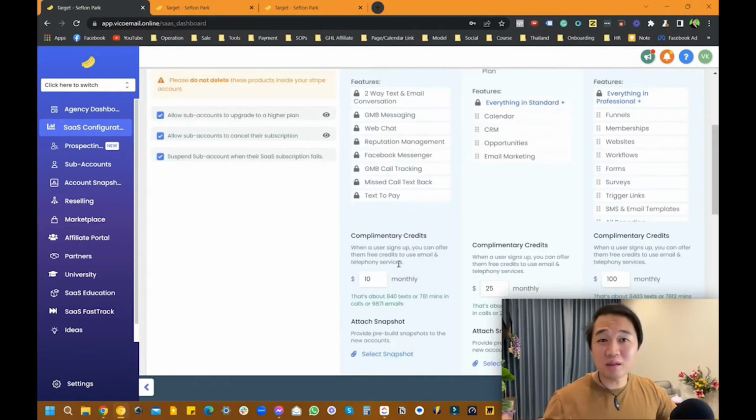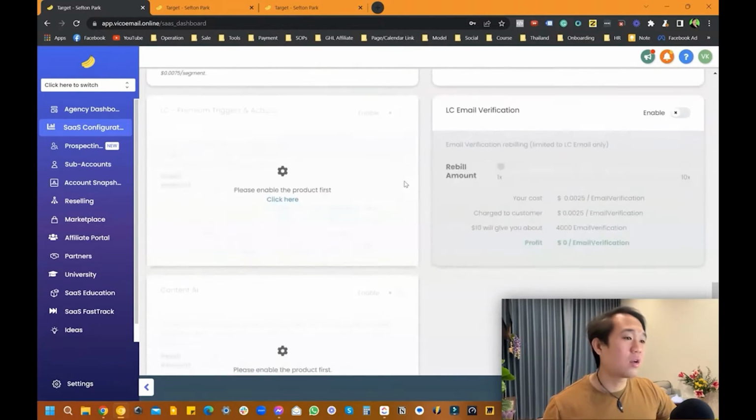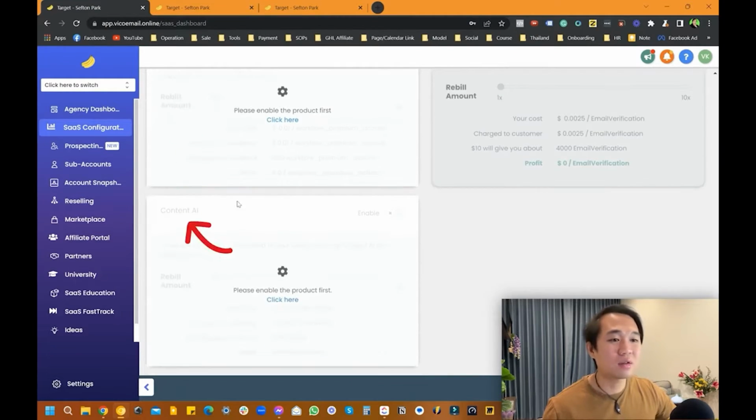They make it very easy to actually navigate all these features and how to set up and configure everything. If you scroll down here, you can set up your phone and your email with a certain markup, 1.5 or 2.5 or just 2x. And if you scroll down here, they have LC Lead Connector, email verification, LC Premium Trigger, and LC AI